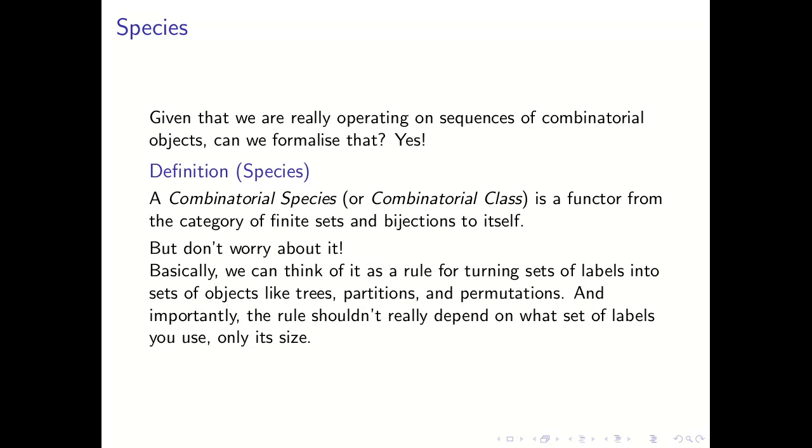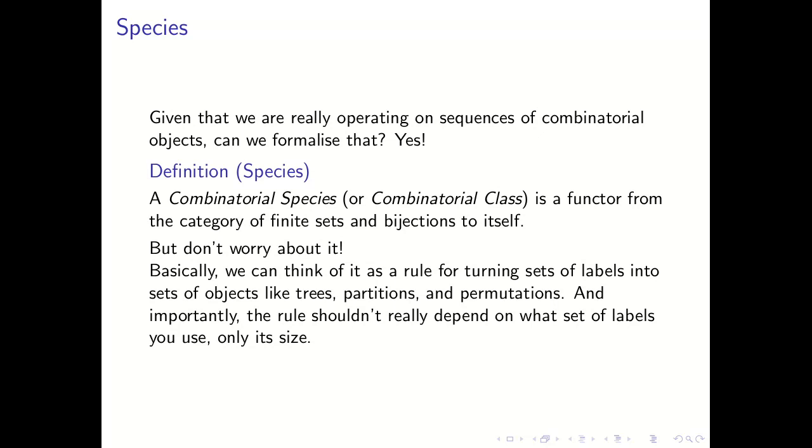And it needs to satisfy a relabeling condition where the number of objects that we get out only really depends on the number of labels, not the specific label set you use. And you can think of these as a sequence of group actions.